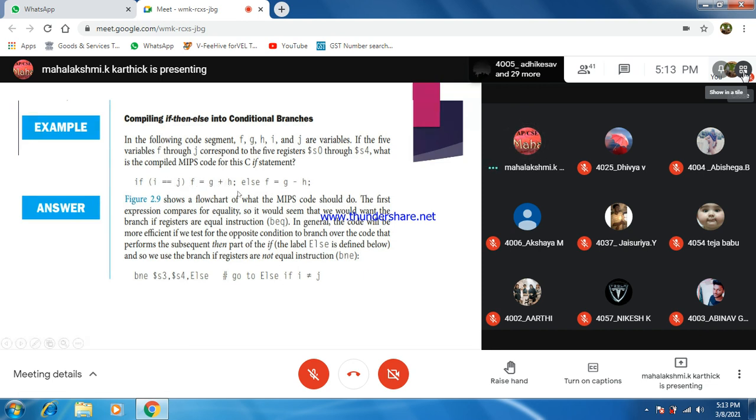So the else part, that's why they have framed branch not equal. Branch not equal, you have to store the address in some resultant value. What is the resultant value here? What is F's register value? S0.